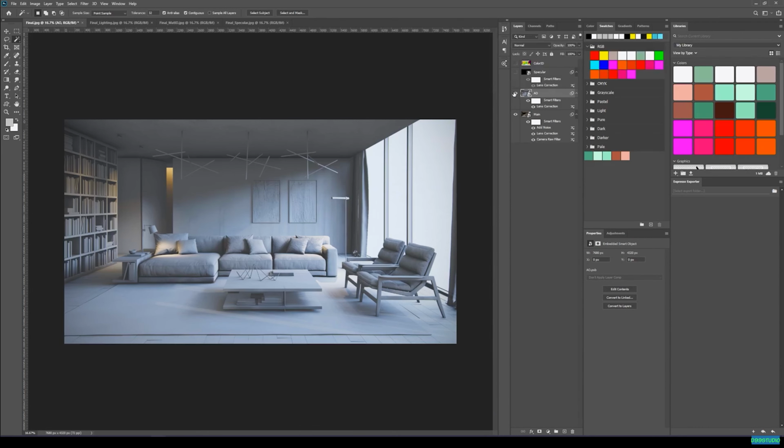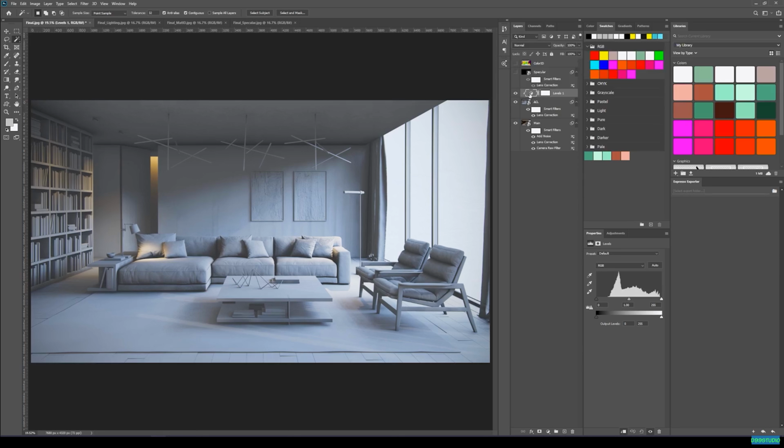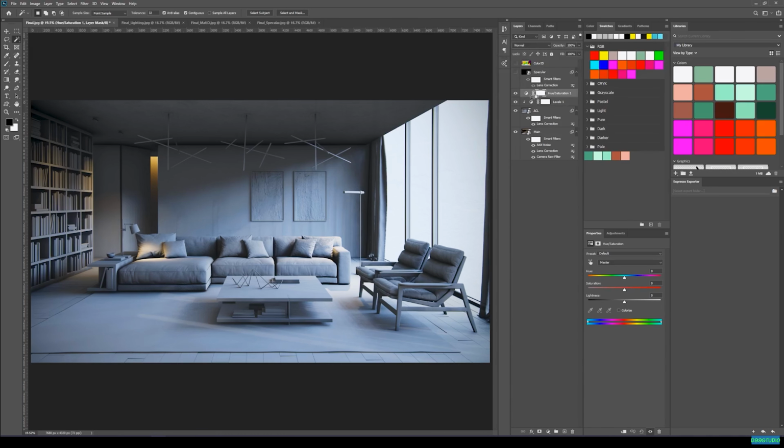Okay. Now if you see, they are correct. Okay. Now let's start with this one. I like to add levels, and I'll press Alt key and press here. Okay. So it just affects this layer. And I like to increase this more or less until here. Okay. And this until here. Okay. And I'll also add another one, and I'll decrease the saturation. Okay. Now what I will do, I'll create a layer mask by clicking here,